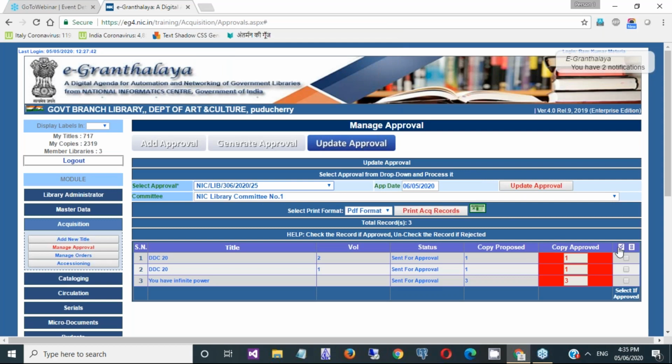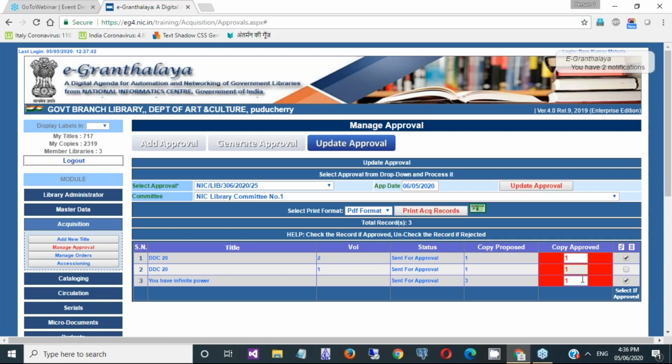Here you need to select those books which have been approved by the committee. For example, volume 2 of DDC 20 is approved, and for the new book, instead of 3 copies, they have approved 1 copy.